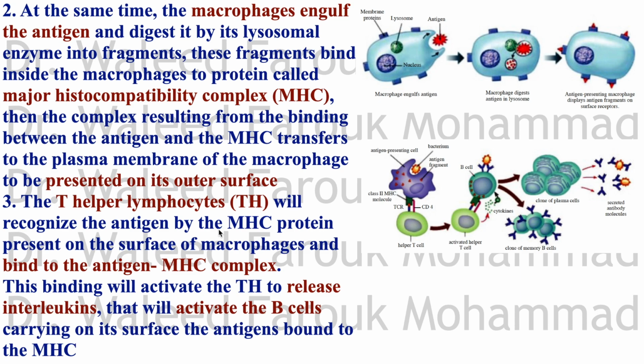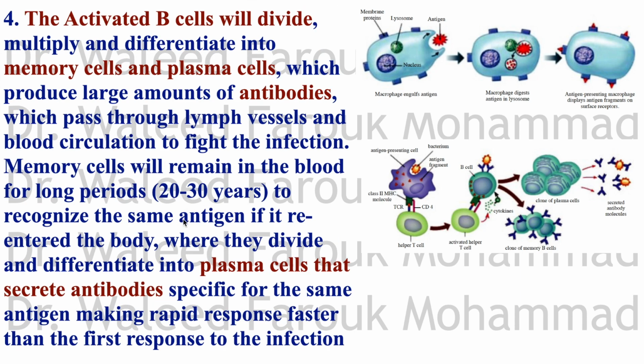بتعمل ايه الانترلوكنز دي؟ الانترلوكنز will activate B cells carrying on its surface the antigen bound to the MHC. يعني دايرة كده من الاكتيفيشن، دايرة من الاكتيفيشن involves interleukins. اوكي؟ طيب الactivated B cells بقى will divide and differentiate into memory cells and plasma cells. Okay? وده produces large amounts of antibodies that pass through the lymph and blood circulation,